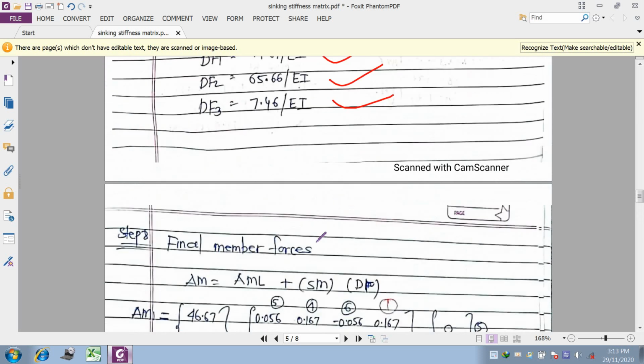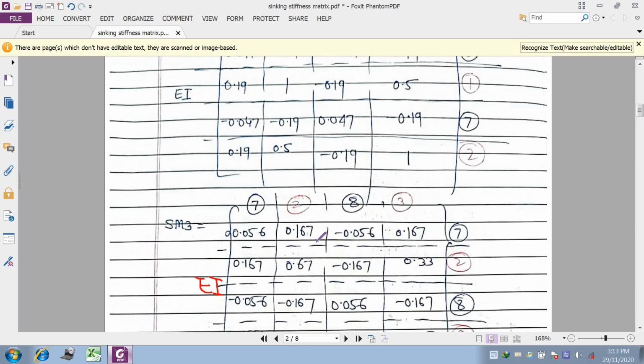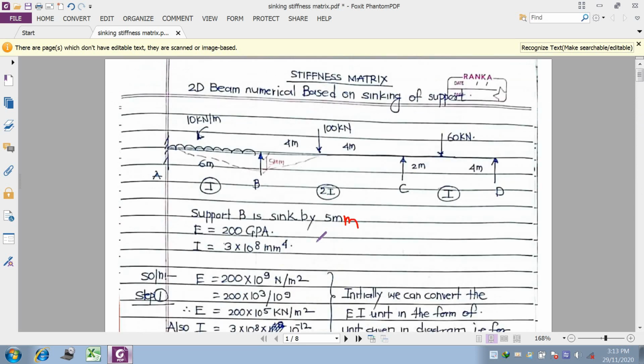So this type of numerical, considering the sinking of support, will also be asked in your examination for about 14 marks. So you can practice this type of numerical also. Okay, so I will solve more types of numericals in our